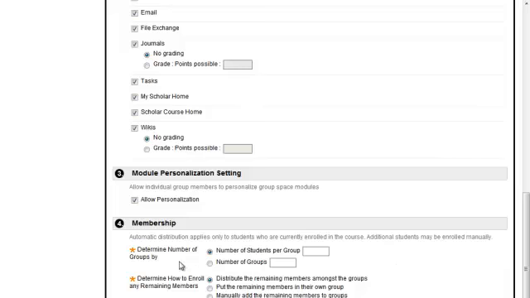So here in the membership section, and of course they can personalize that. In the membership section, let me switch to the number of groups. I'll change that to be 8 because we have 8 stations in the lab. And then if there are an extra 1 or 2 members, they'll distribute those remaining members amongst the groups. So we submit,